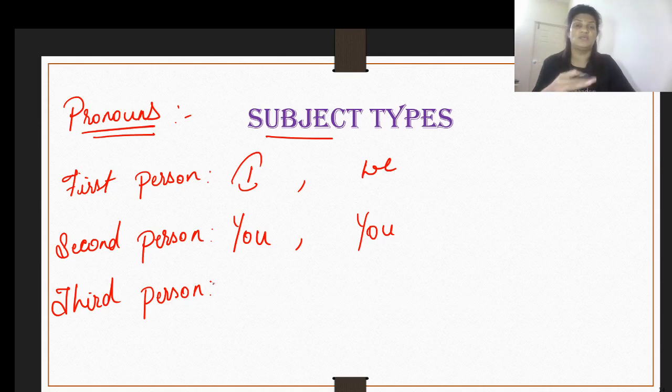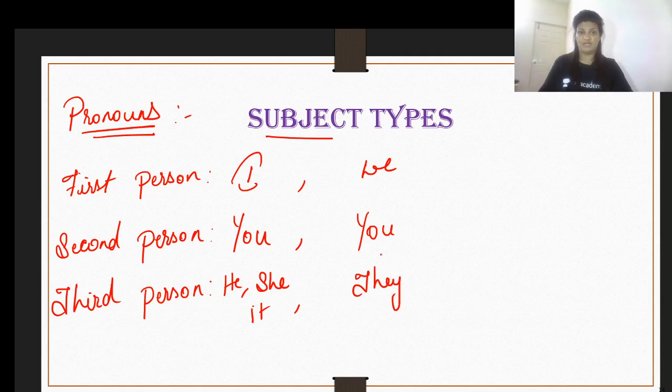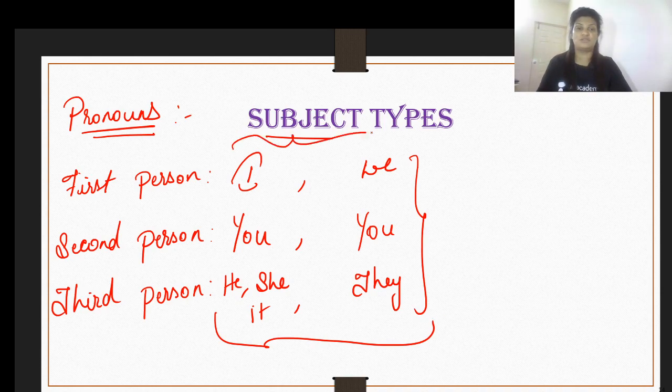Now, the one who is not in this conversation or who is not available here at the moment, that is, I am here, you are here, but the other people who are out there to whom we will refer to as he, she, it, or they. These people are third person pronouns. We refer to them in singular as he, she, and it, and in plural, we refer to them as they. These are our pronouns which we use only in subject places.